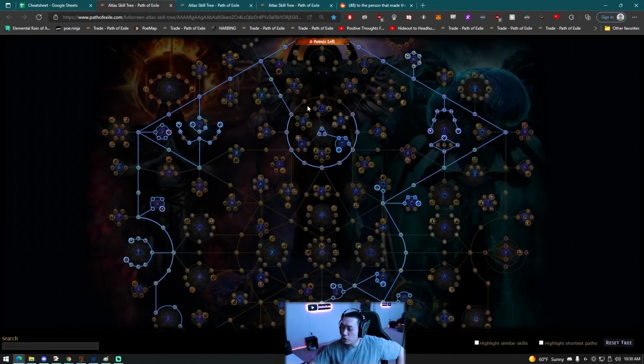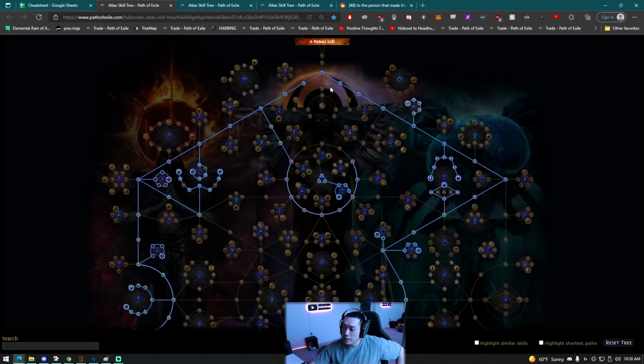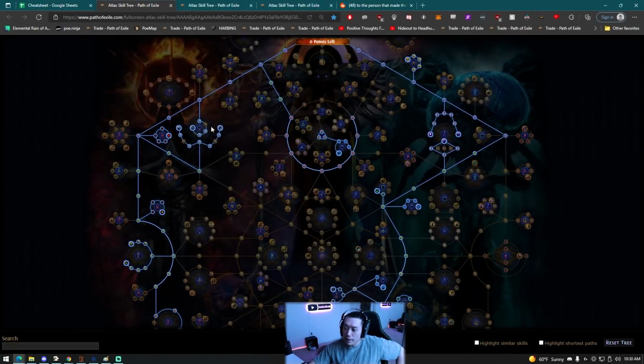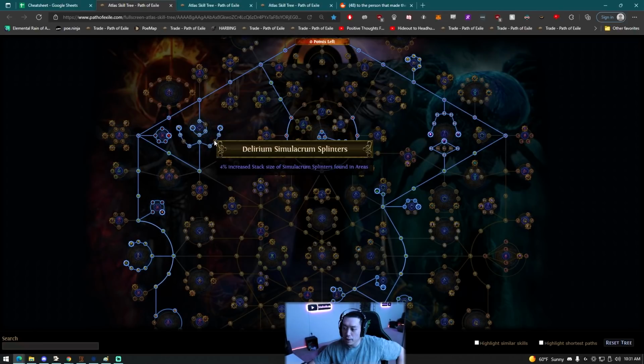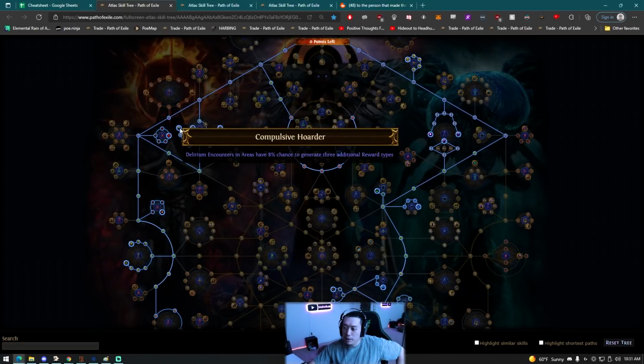If no, you still need those nodes right there. But basically, you can see here, I'm trying to do Deli, and I'm putting the Deli Orb on every single map. So I'm doing Delusions of Persecution that gives you guaranteed bosses pretty much if you put 2 Deli Orbs on, or 3. And then this one allows you to get more Simulacrums, and this allows you to generate an